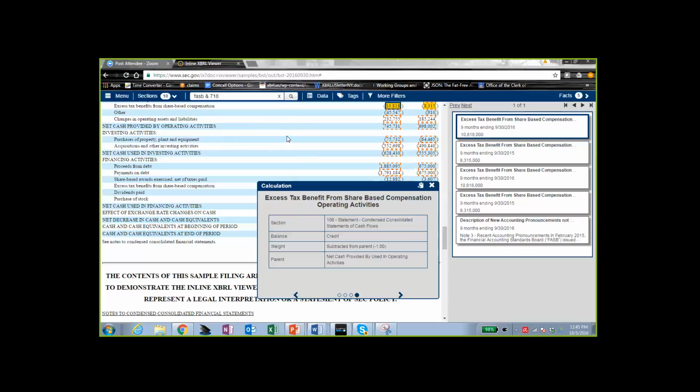But I think the thing to remember is you can narrow down extensions by what Mike and Michelle showed before, just the extension topics. Then you can do a search on stock-based compensation as well. So you can look for the word in the same way you may do a find. But you can obviously cut it down to a much smaller population than you would in an HTML filing, because you can limit it down to those extension items. Yes.